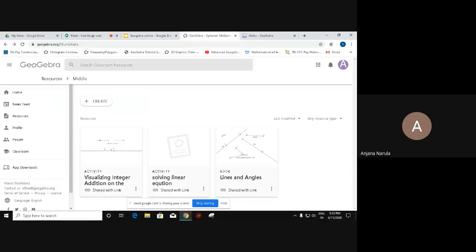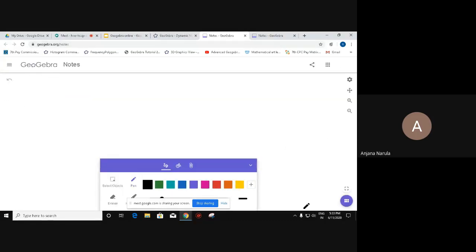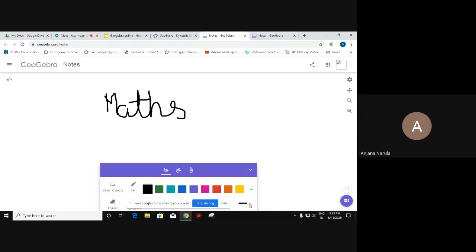So see how it works. If I'm coming here, I have this GeoGebra Notes. Look at this. This is your canvas. This whole is your canvas. And these are the tools. So by the pen tool, if I'm selecting this pen, I'm able to write. It's your grip, how you are able to write. If you have a stylus, it's quite easier to write on this using this tool. You can hide this menu by just clicking on it, and again clicking on it, you can see this.